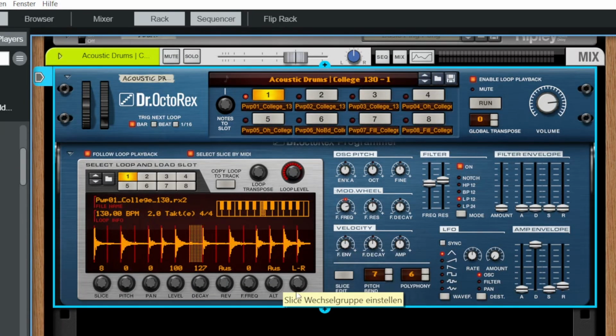But you also get the option to alter a slice. So we got 4 groups in here. And what this means, we could say every snare in here. So if we reset that, we could say every snare is on Alt 1. I hope that's all the snares. And this means every sound or every slice that is in an Alt group gets juggled around. So we got 4 snares, so we got a chance. So every time a snare hits, one of those 4 snares will be played. So we could just with this easy little trick here,